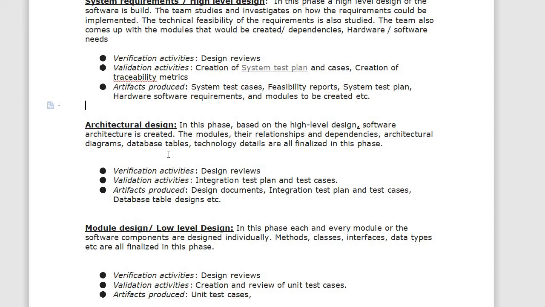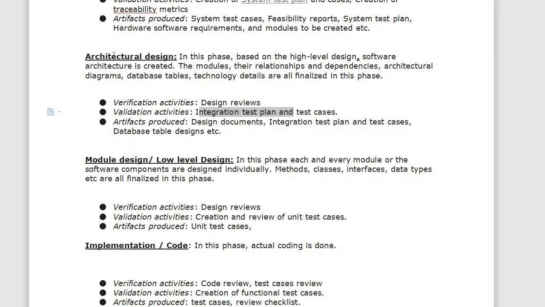Technical architectural design, okay, and that design will be reviewed by the technical engineers, maybe sometimes customers and QA. So verification activities will be done here. And validation activity, in validation activity QA will prepare an integration testing plan and test cases. So once this particular architectural design is completed, then the next phase will come into picture, that is called a